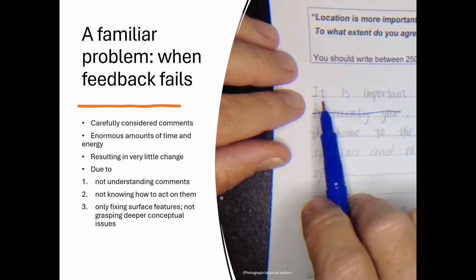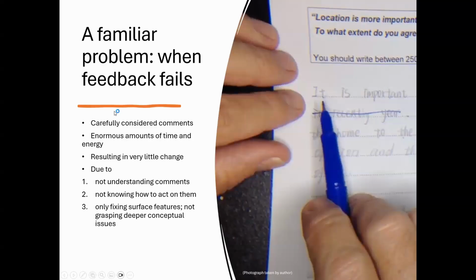So investing a lot of time and energy, but it not always connecting, not always resulting in a lot of change. Perhaps due to students not understanding the comments, or if they do understand the comments, not knowing how to act on them, or only addressing surface features and not grasping deeper conceptual issues. So this is the big problem I was